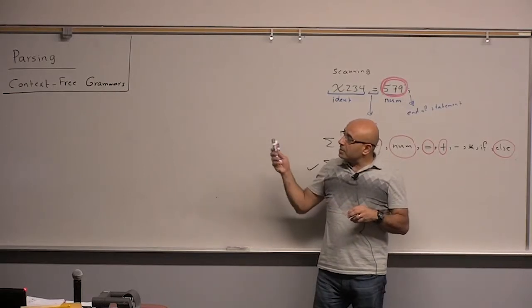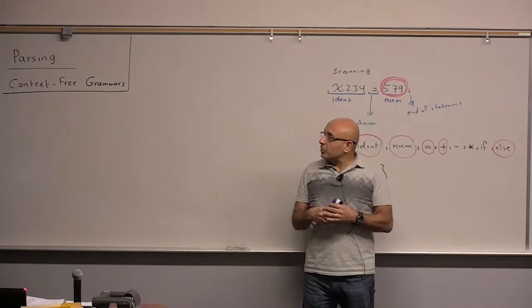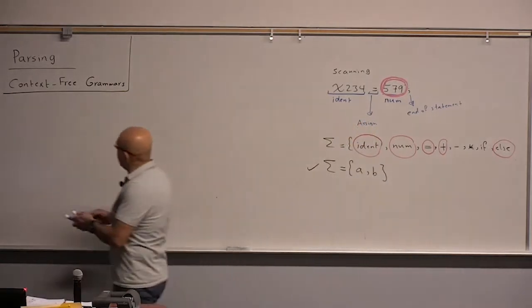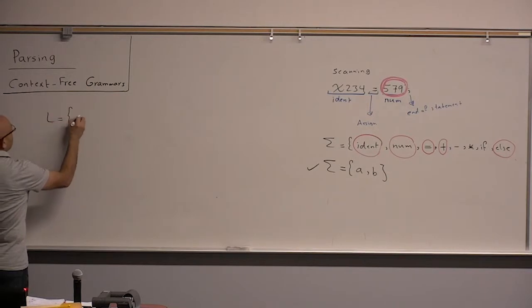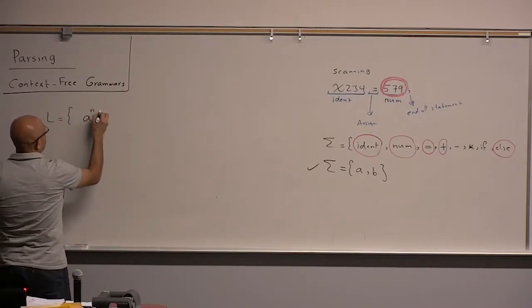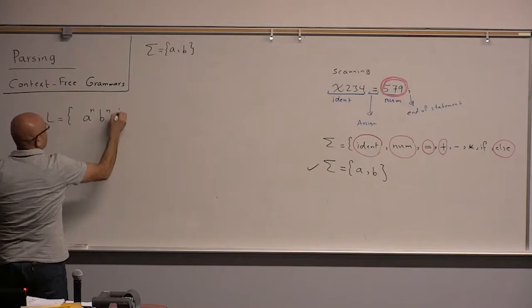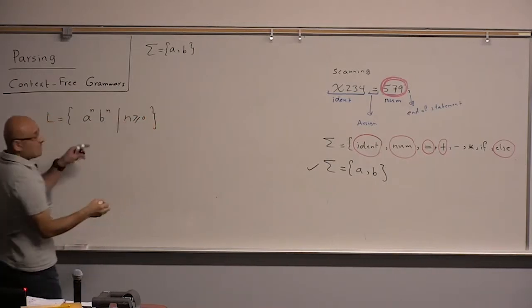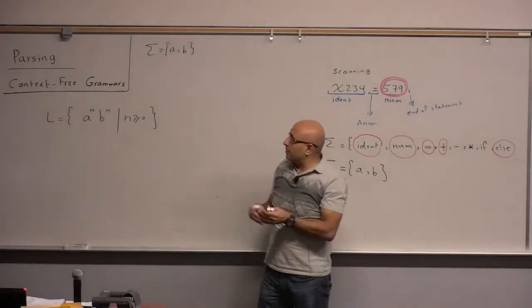Now, here we focus on those languages that are non-regular, that cannot be recognized by finite automata and regular expressions. And maybe the classical example of a non-regular language is the language a^n b^n, of course over this alphabet {a, b}, such that n is greater than 0. This is an example of a non-regular language. It cannot be recognized by automata and regular expressions, but can be generated using a context-free grammar. And the context-free grammar for this language is